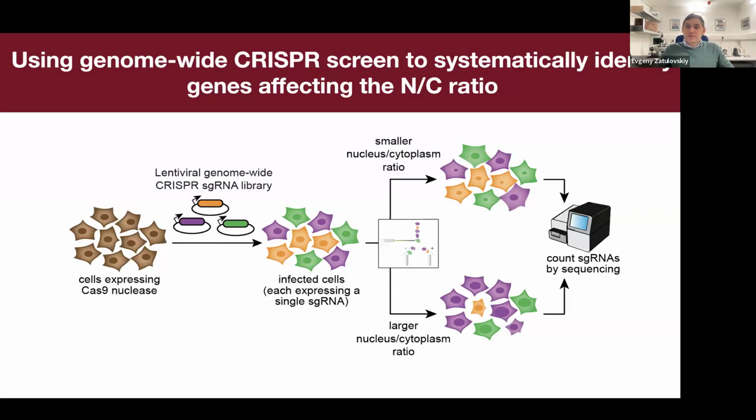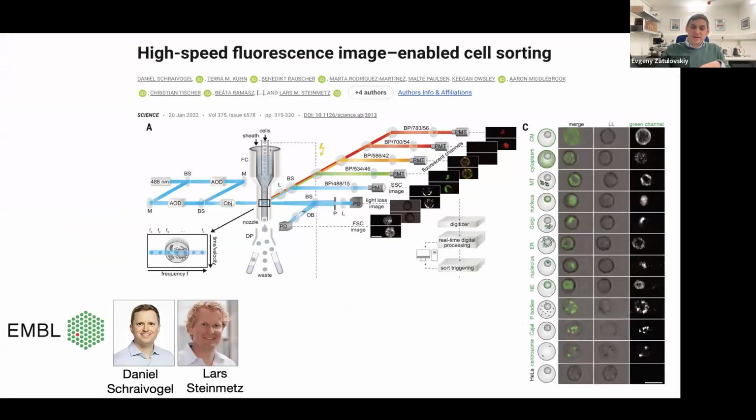But this is not a trivial task to isolate cells with different nuclear to cytoplasm ratios, because we tried to do it with traditional flow cytometry approaches, but we did not succeed, since the changes in nuclear size are relatively small and you can only measure the nuclear linear size. So we didn't succeed at that point, but when we were still thinking about this project, this publication came up